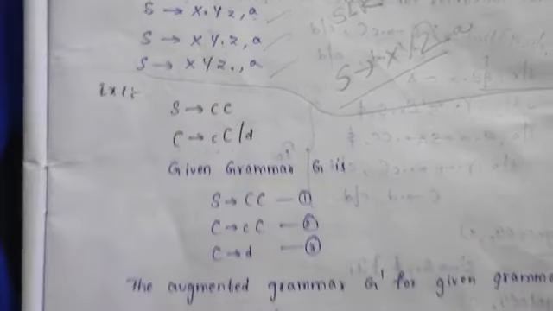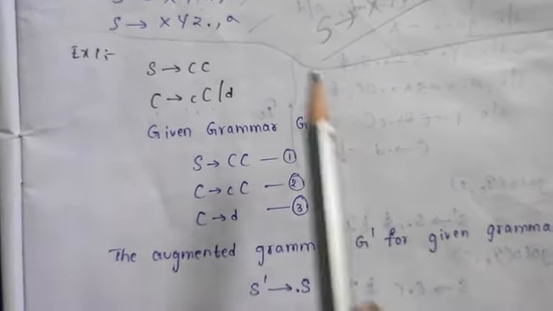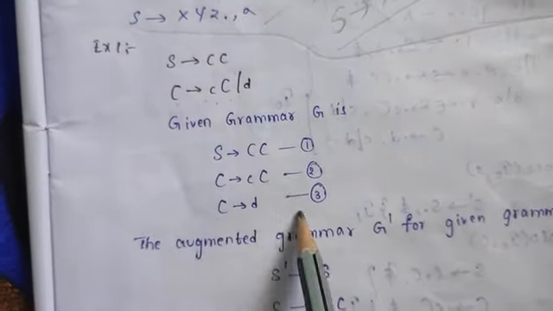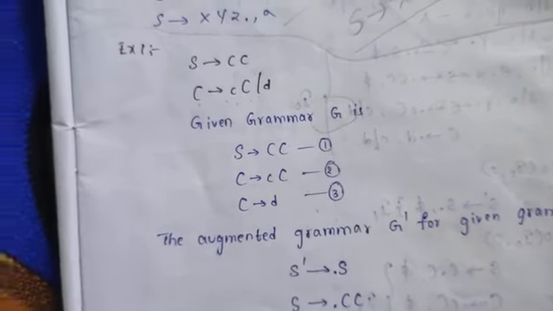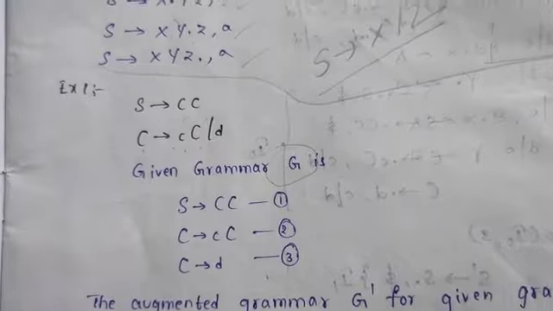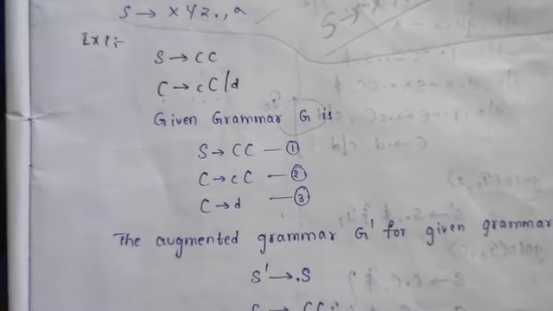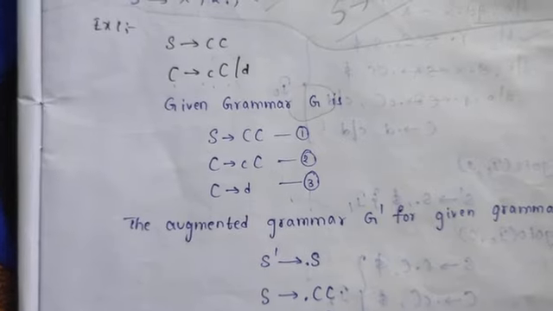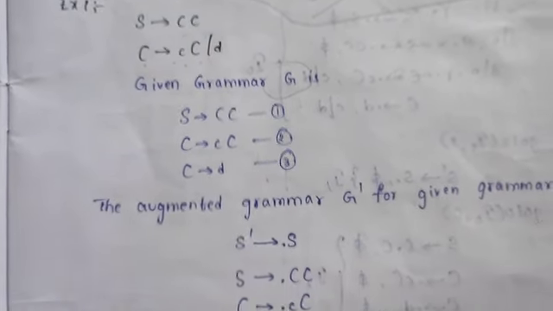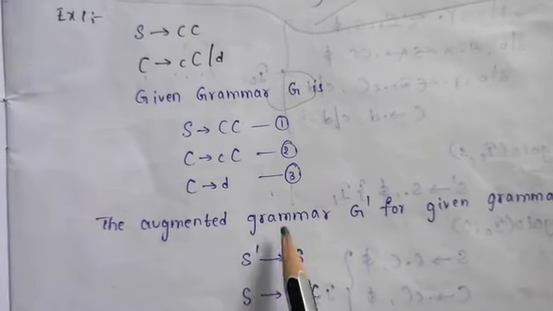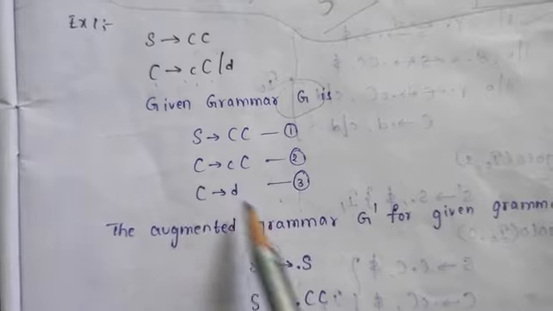So as before, the given elements should be written individually. There should be 3 productions here, that is the grammar G. As in the SLR parser process, we are just adding an imaginary state. Here S is the root element, so we use an imaginary element S dash, and that imaginary element tends to this root element.